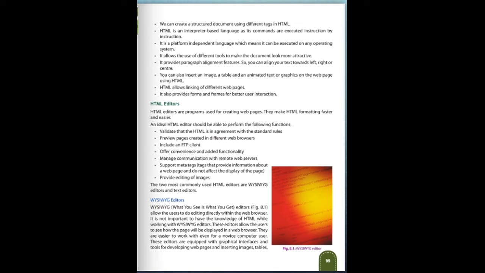The output is the same. It allows the use of different tools to make the document look more attractive. With the help of tags, you can use different attributes to make your document more attractive. It provides paragraph alignment features, so you can align your text to the left, right or center. You can also insert an image, a table, and animated text or graphics on the web page using HTML.